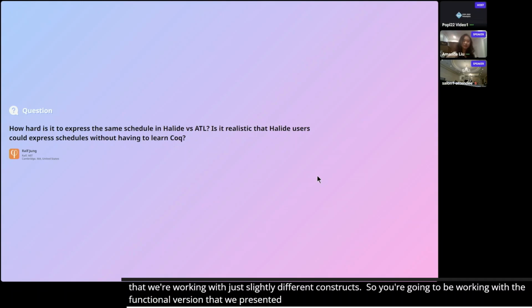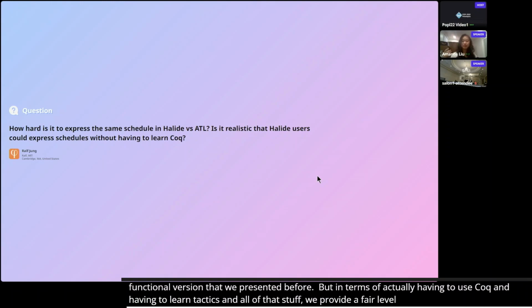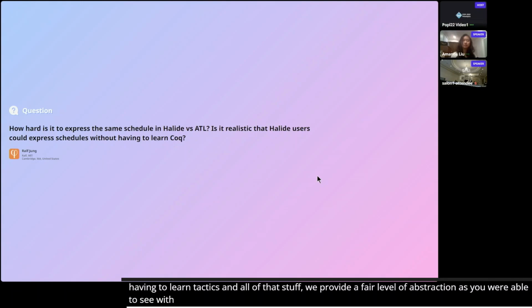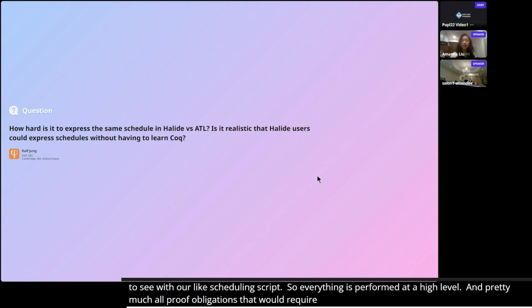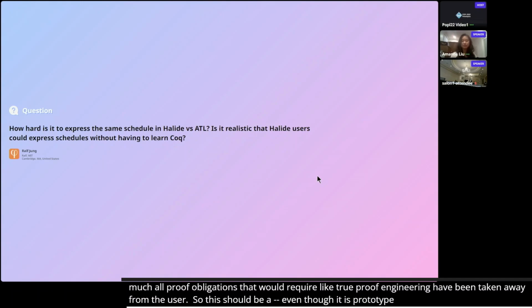But in terms of actually having to use Coq and having to learn tactics and all that stuff, we provide a fair level of abstraction, as you were able to see with our scheduling script. Everything is performed at a high level, and pretty much all proof obligations that would require true proof engineering have been taken away from the user. So even though it's prototypical as it is right now, it's designed and has great potential to be a really user-friendly system.